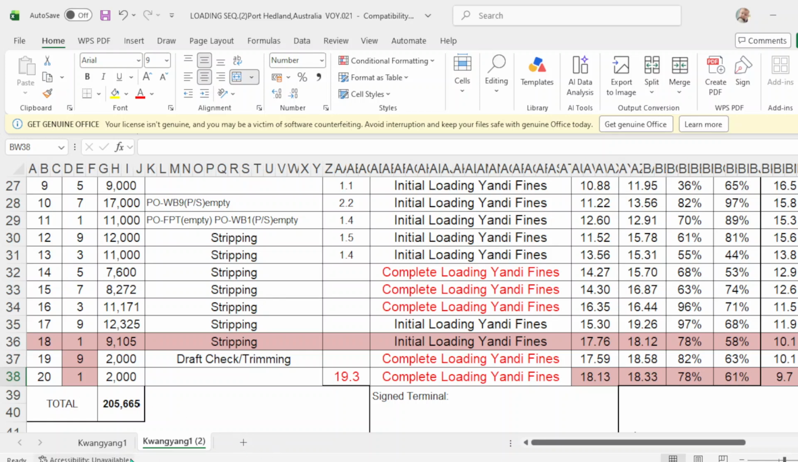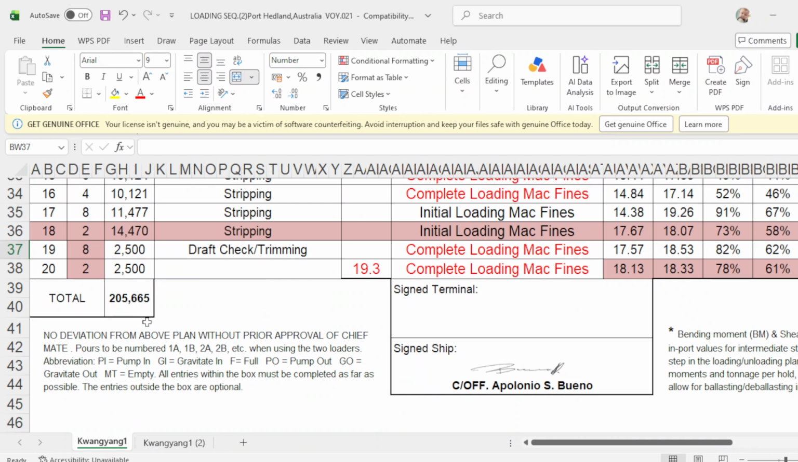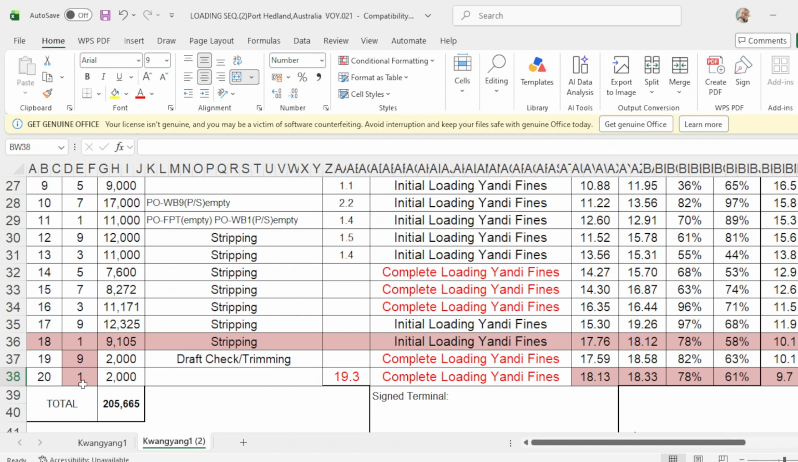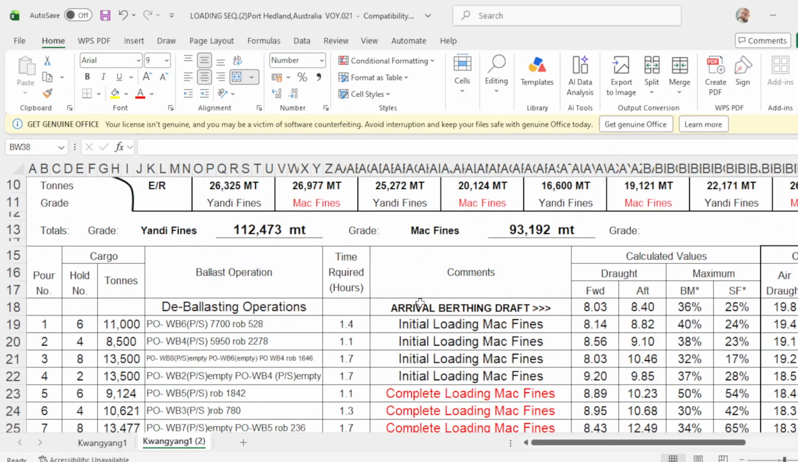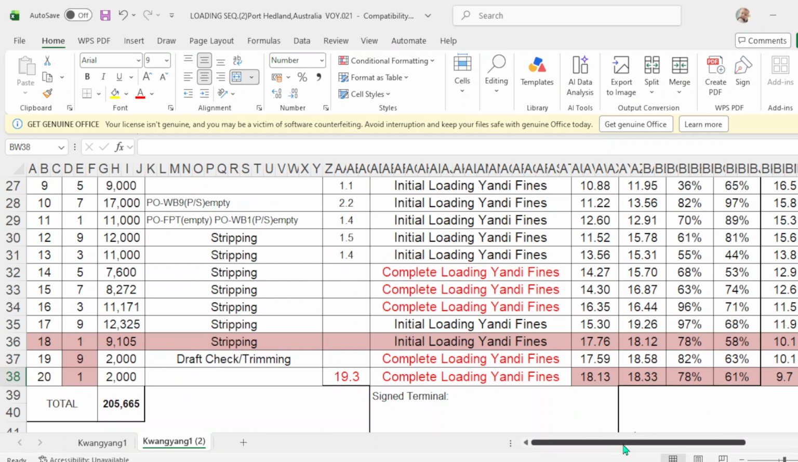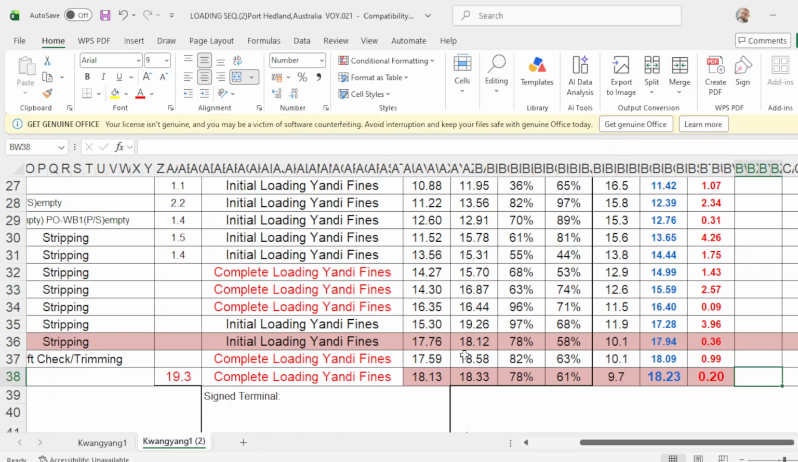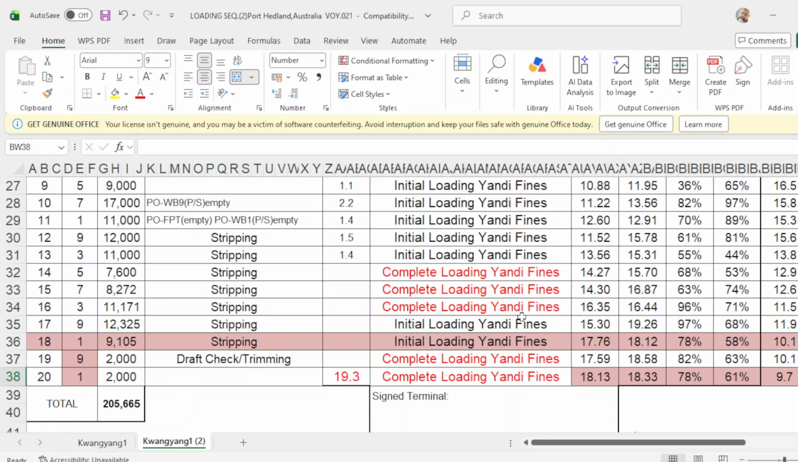So here 9 and 1 with the same cargo of 205665, and the cargo here is 205665, except for the trimming hold, instead of 8 and 2, the other one I made 9 and 1 cargo holds. The same drop, okay. The initial here is 17.76, 18.12, and departure drop is 18.23, trim is 20 centimeters, drop forward is 18.13 and 18.33. Okay guys, so next time I will use this one and try to practice